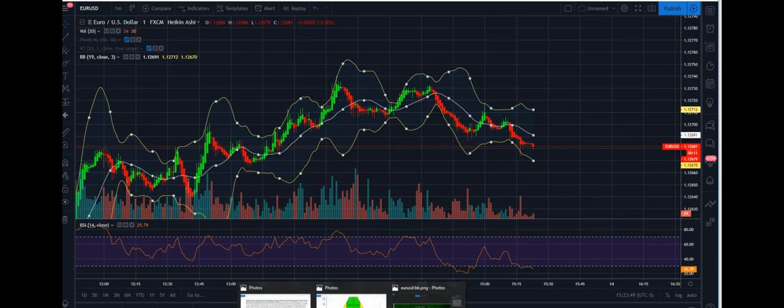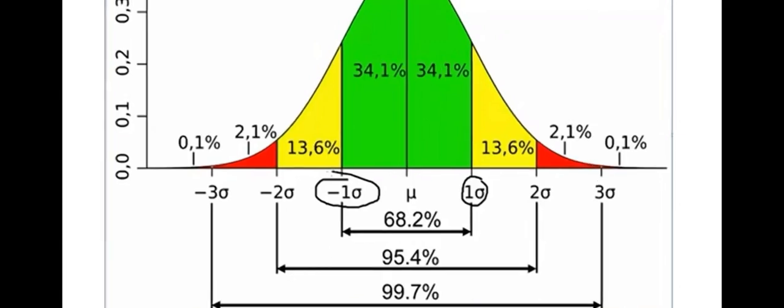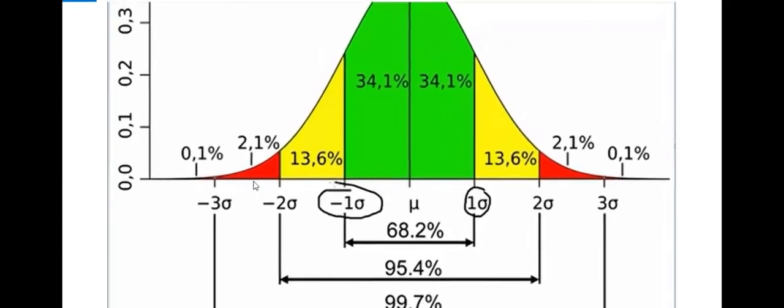Now let me see if I can pull this up. This is a standard deviation bell curve. Standard deviation is how numbers move away from the mean and want to go back. So with the standard deviation of 3 that we have our Bollinger Bands set at, right here to here, there is a 99